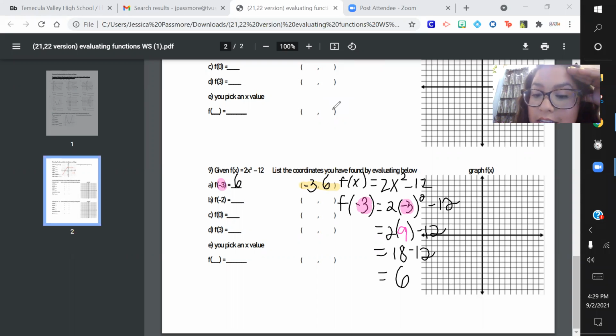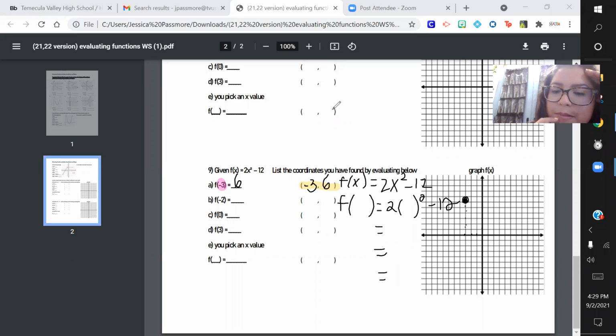Find x is -3, -1, -2, -3, and up 6: up 1, up 2, up 3, up 4, up 5, up 6, and put a big dot right where that would be. And then we'll repeat the process for our different input. So I'm leaving my work here because I don't have a lot of space, but you guys would continue to